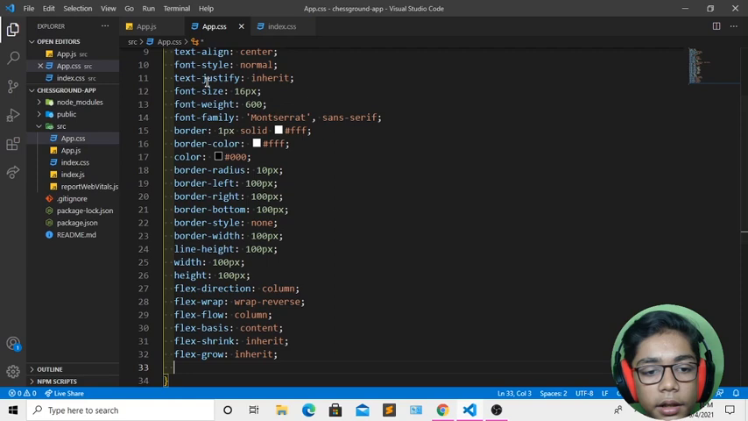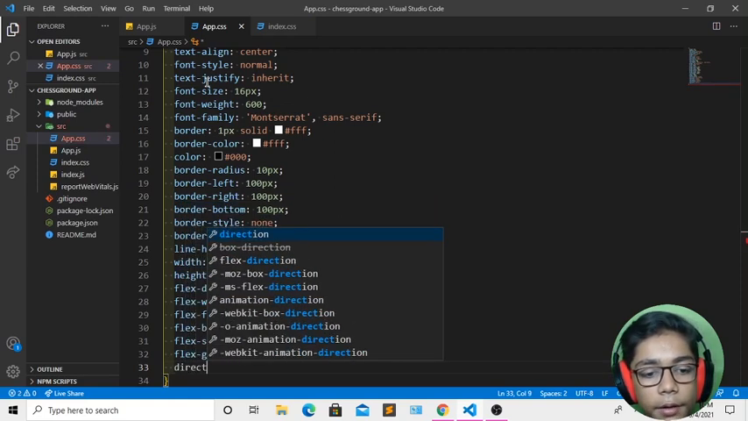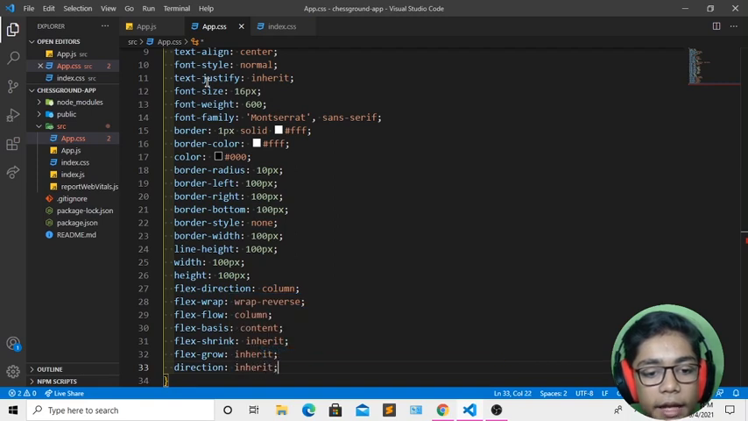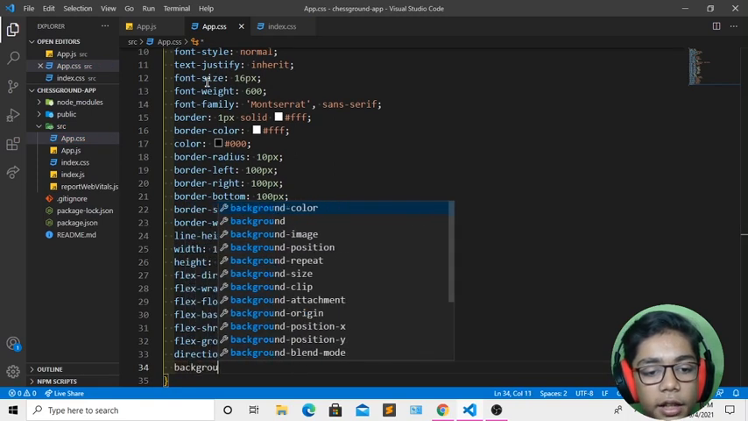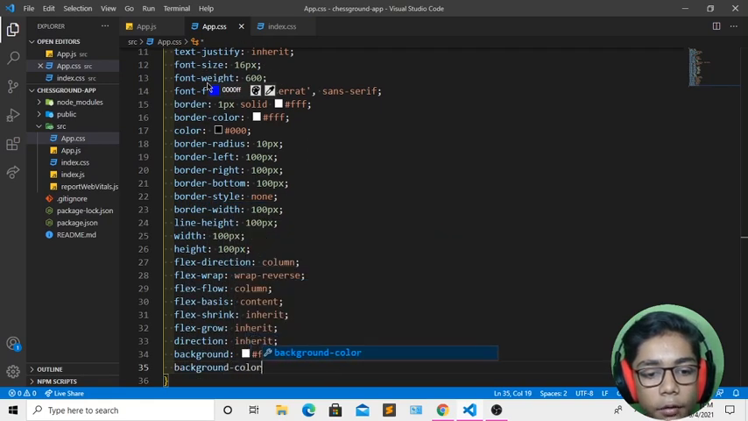I will be coming underneath and creating a flex, but now I will be erasing that, and now we have defined all the flex. I'll be writing that direction of inherit. Come underneath and create a background color of white, and here you have